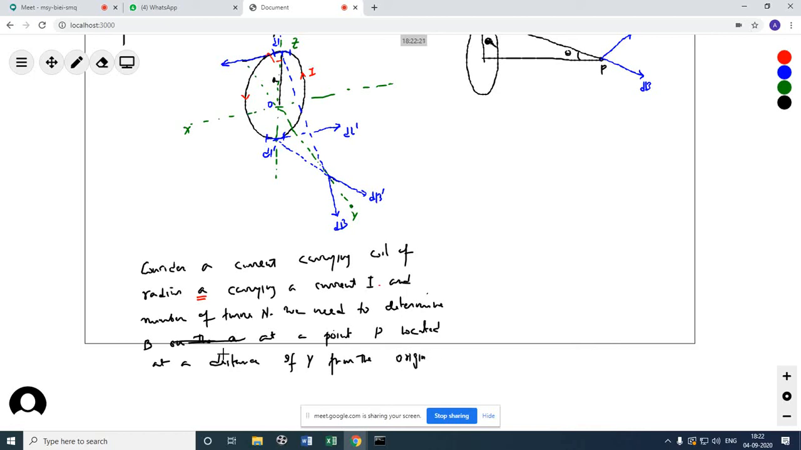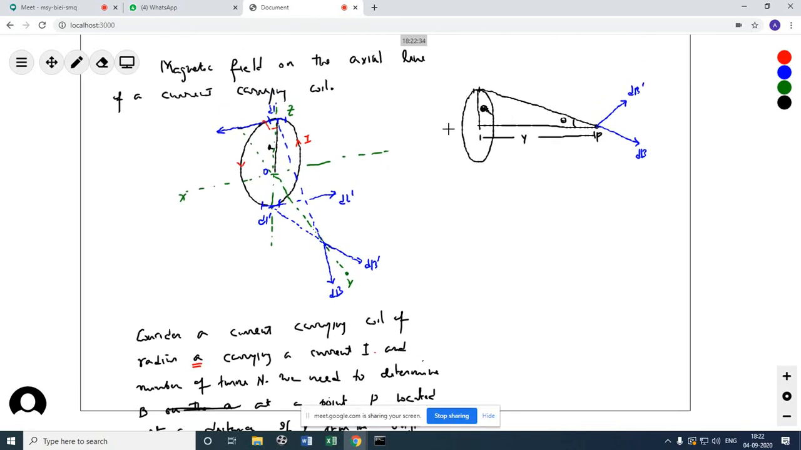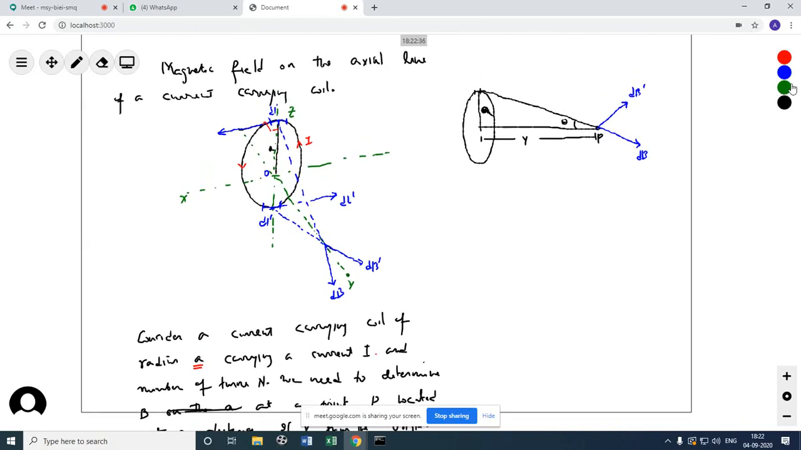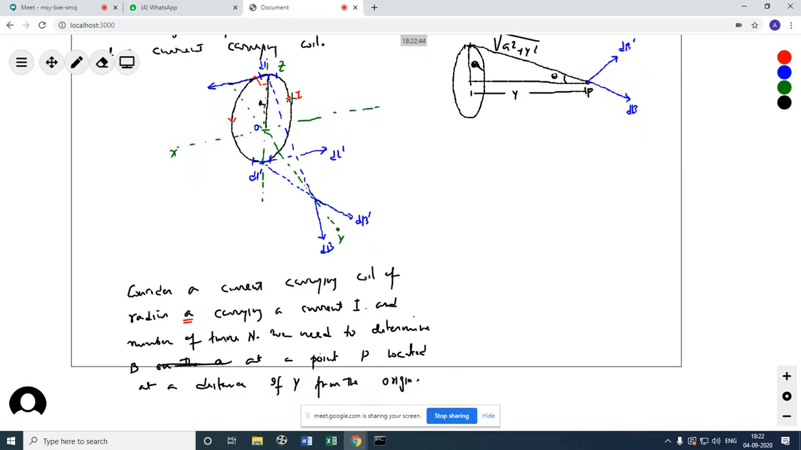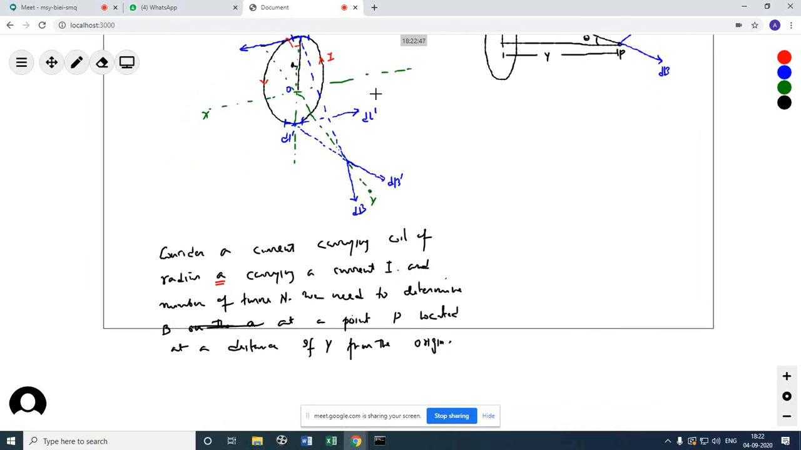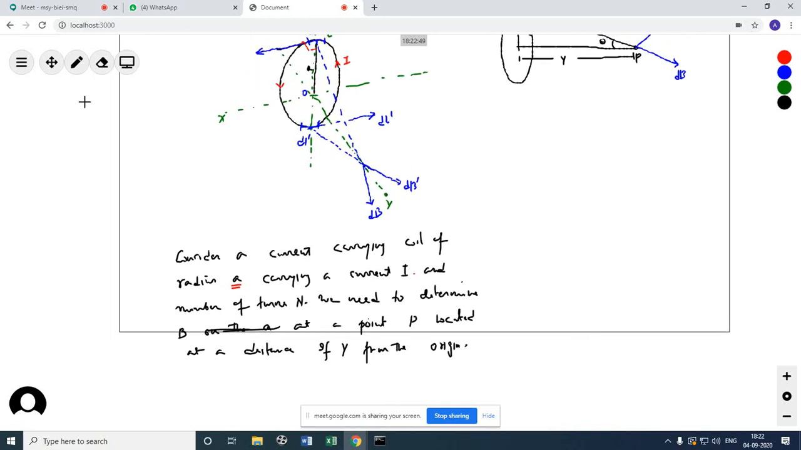What do you need? We need to determine the current I, and one more thing I must mention here: the current I and the number of turns N. All these things we should not write, you can write this on your own. By now you know current I and number of turns N, right? We need to determine